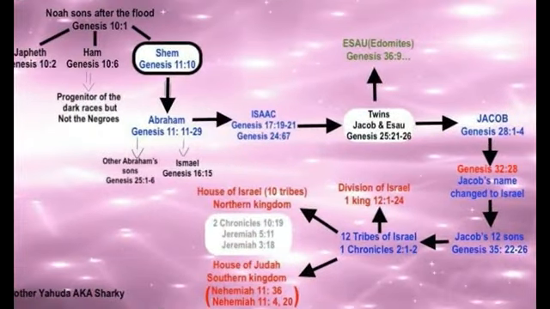So basically, this is the genealogy of the 12 tribes of Israel. I'll put it in the form of a diagram so we can go over it very quickly, because there's a lot of verses that go into this. We cannot go over every single verse because it's time consuming. So you can read it for yourself. I'll put the verses under the name so you can read it for yourself.